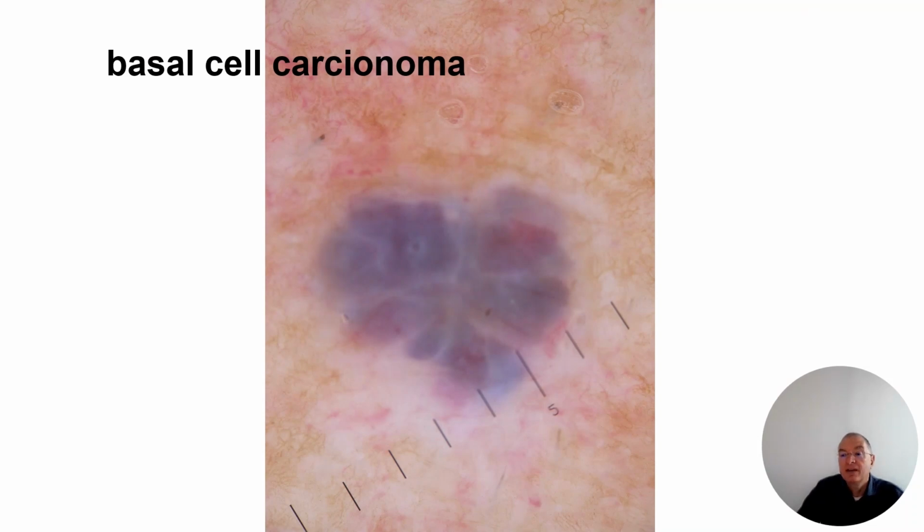This is also a little bit reddish, but not clear, and it's a little bit blurry. That means it's thicker, and these are not typical features of an angioma. We will talk about this later. Not typical, so something is different. So the colors are also not typical for an angioma. This is basal cell carcinoma. There are tumor cell nests here in different sizes.